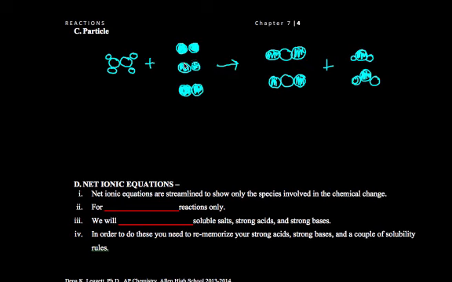So I should have 1, 2, 3, 4, 5, 6 oxygens. 1, 2, 3, 4, 5, 6 oxygens. 1, 2, 3, 4 hydrogens. 1, 2, 3, 4 hydrogens. So it's a nice, easy way to count that it's balanced. Right? Now there's one last thing I want to do in this